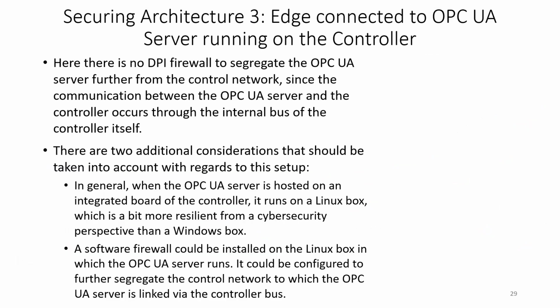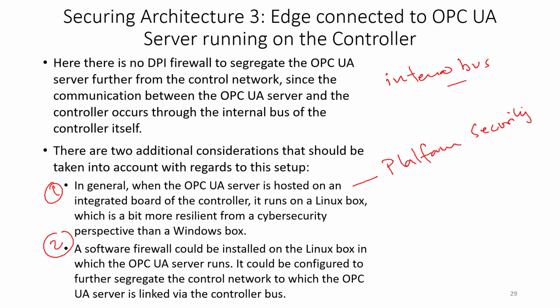Now, in this architecture, there is no DPI firewall used to segregate the OPC UA server from the control network, because communication is internal here, and it happens through the internal network bus, which is directly connected to the OPC UA server hosted in the controller. So now there are two important considerations. Number one is the platform security,